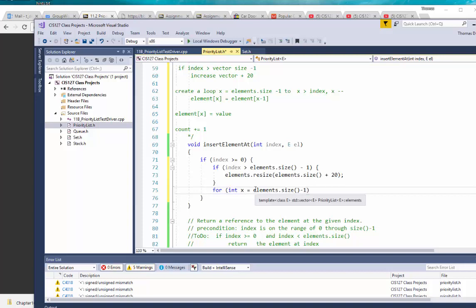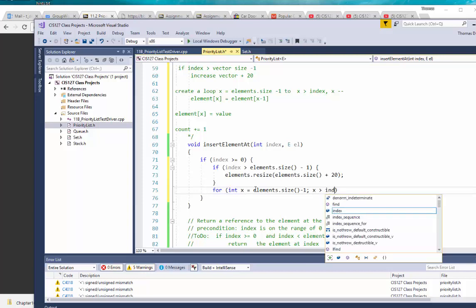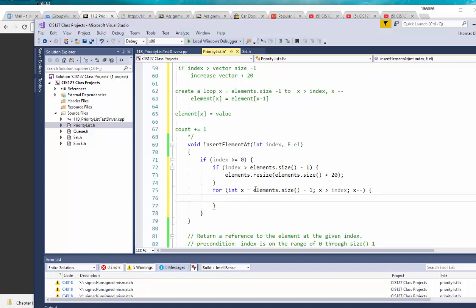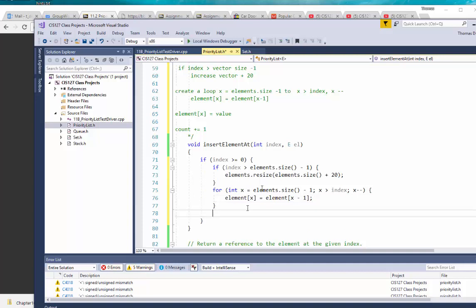In other words, start all the way at the end and do it while x is greater than index, and then go backwards, x minus minus. Okay, now we're going to do something like this. I'm just going to copy this. Semicolon. Or just make the current one equal to the value that's in front of it. And keep doing that until you're all the way up to the index one. And now let's say elements,